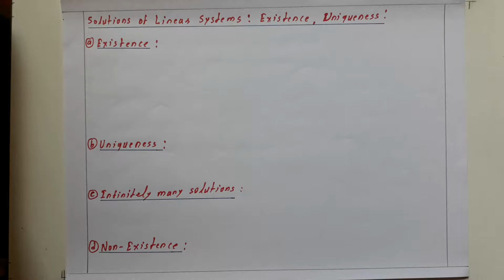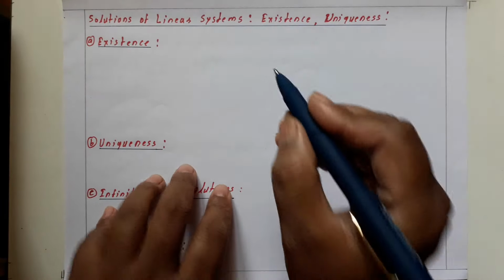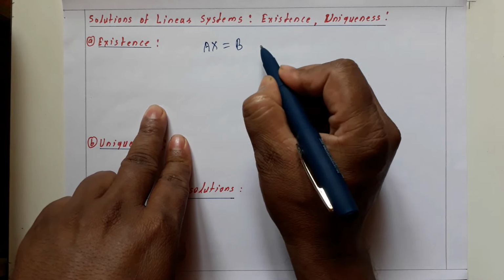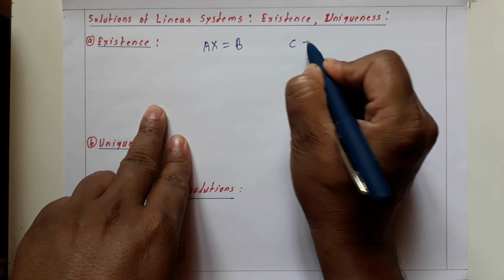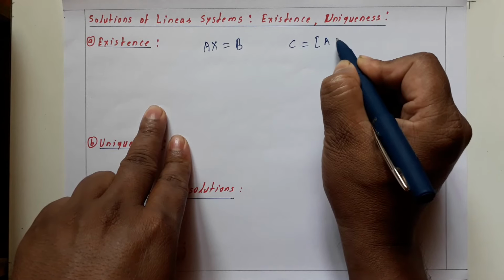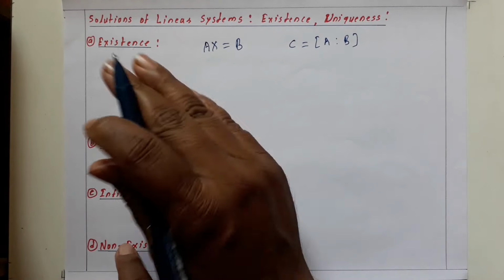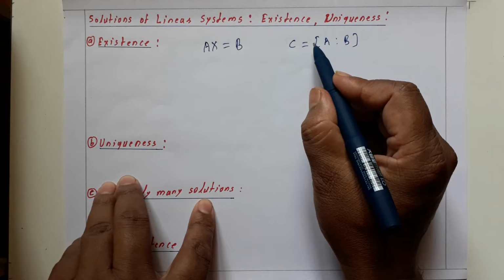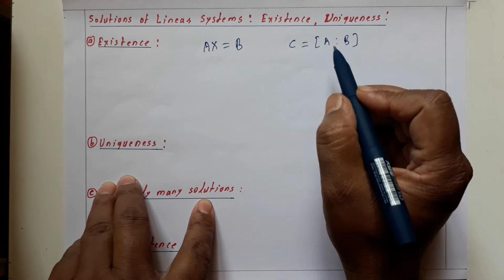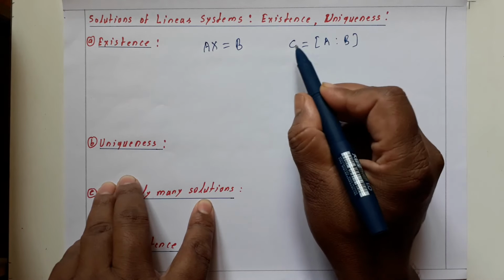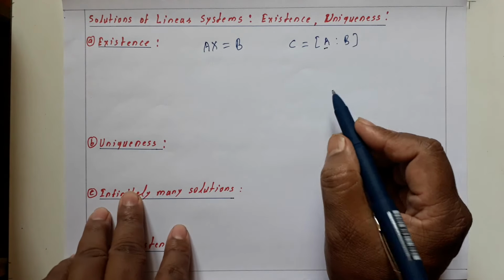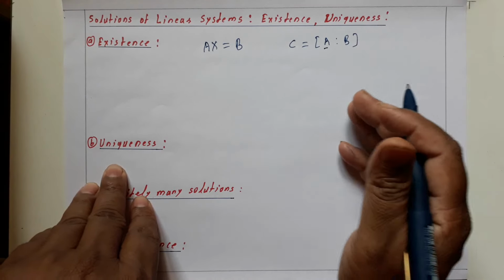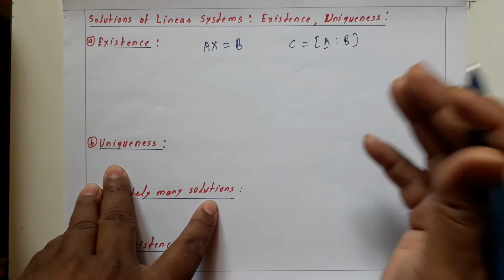Now, existence of the solution of linear system. अब हम लोगों को सिस्टम ऑफ गिवन इक्वेशन इन मैट्रिक्स फॉर्म पता है, जिसको हमने डिनोट किया है A times x is equal to b. Then we know the augmented matrix C and it is written as matrix A and B. अब हम रैंक भी पढ़ चुके हैं लास्ट लेक्चर में, तो हमें C की रैंक फाइंड करना आता है. अब C की रैंक फाइंड करना है तो इसको हमें इचलॉन फॉर्म में कन्वर्ट करना पड़ेगा. अब C अगर इचलॉन फॉर्म में कन्वर्ट होता है तो A is the part of C, तो ऑटोमेटिकली A भी इचलॉन फॉर्म में कन्वर्ट हो जाएगा. तो अगर C इचलॉन फॉर्म में कन्वर्ट हो गया, तो फिर आप काउंट कर सकते हैं number of non zero rows in the echelon form of C and number of non zero rows in the echelon form of A.